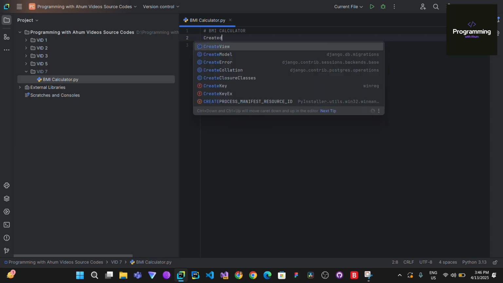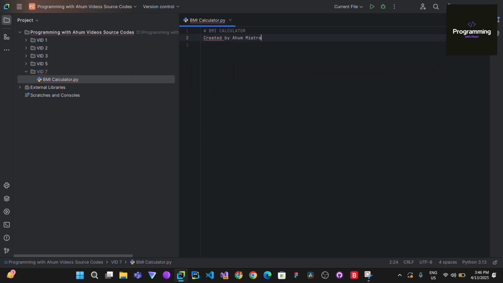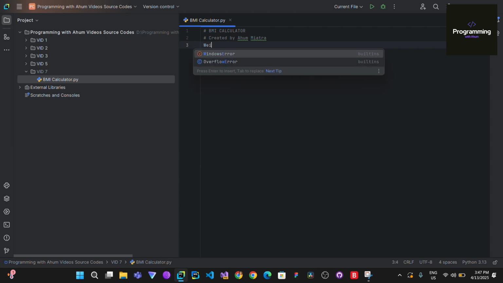Please ignore the spelling mistakes. Now let's write the actual code. First we need the weight, equals to